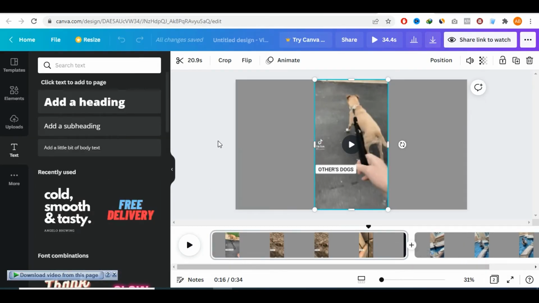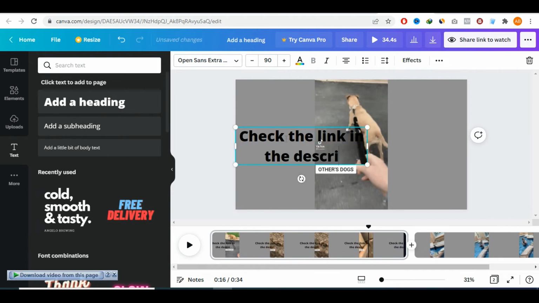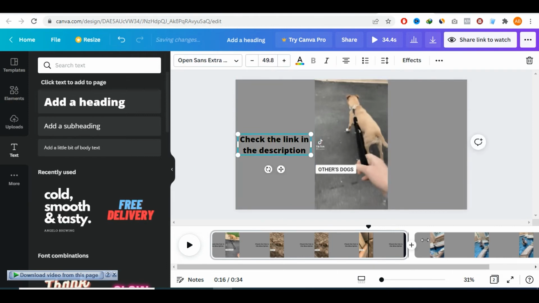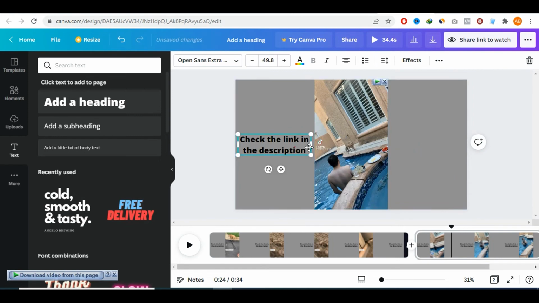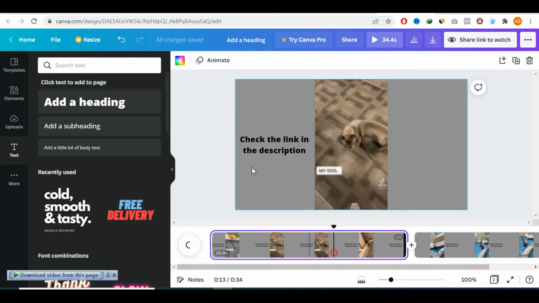Once you've added your scenes and created your different scenes here, one more thing you can do is add a headline. For example, we could add this headline here, add a small text. For example, you could say to your audience, check the link in the description. Maybe you will have your affiliate link inside of your description, so you want them to check the link in the description. So you can have one here, and then simply for the second one you could have one here as well. Let's just put this one here. So you could have some text added to your videos as well, in addition to the videos that you've created.